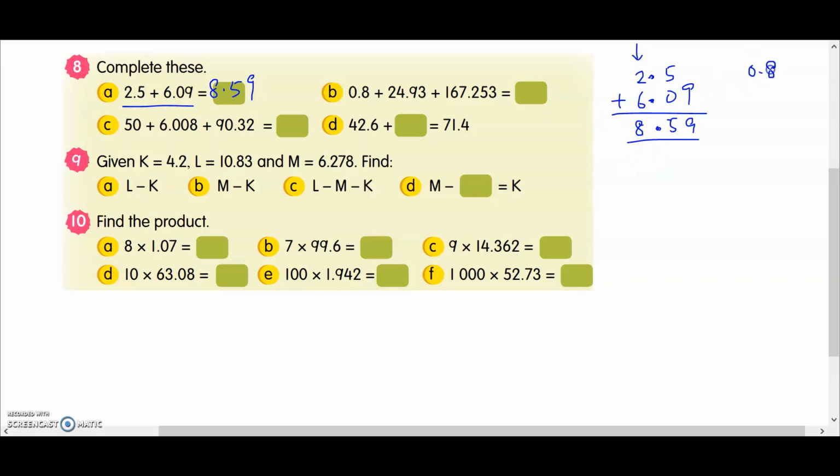Okay, then we look at B. 0.8 plus 24. Okay, 24 we write in front. 0.93. So make sure the points are in the same row. And the third one is